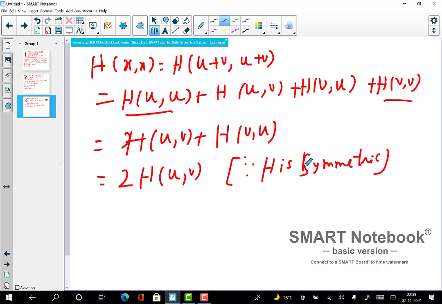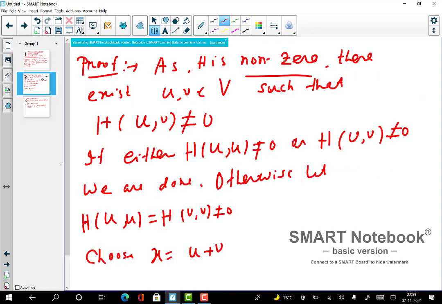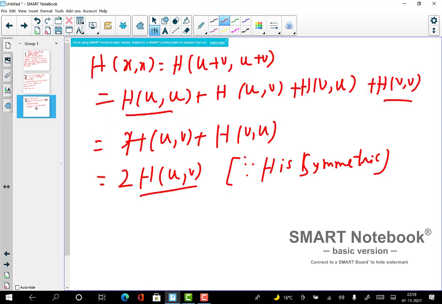Because, right? And now see, we find out, so we know that this is non-zero because H is a non-zero vector, a non-zero bilinear form, so we can find out UV says that this is non-zero, right? Now because this factor is non-zero, and if you multiply by 2, it has to be non-zero because the characteristic is non-zero,